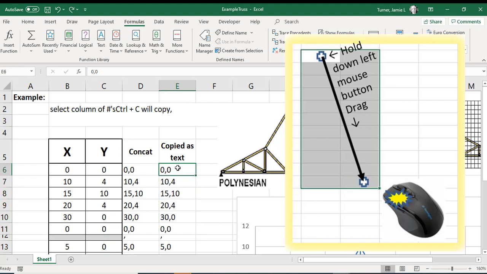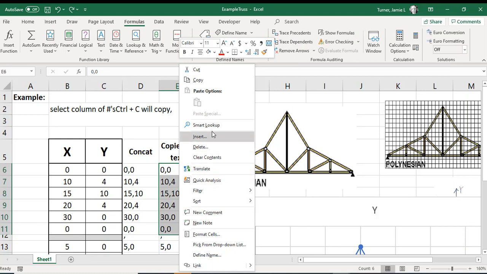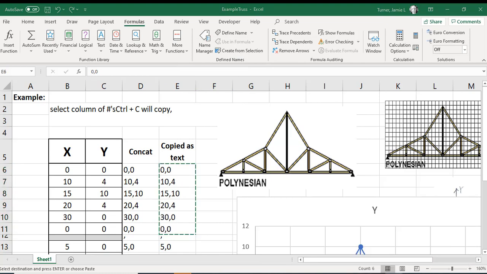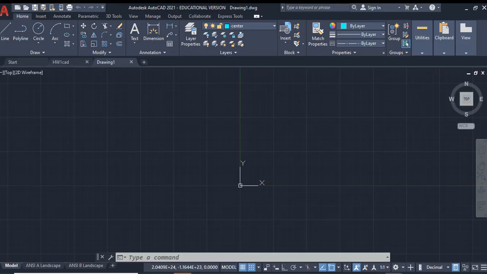So yeah, left click, hold my mouse button down as I drag it. Right click is another way that you can get to copy. So I can say Control C or right click and copy. And if I pull this up into CAD,